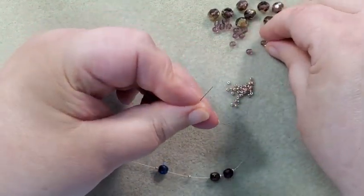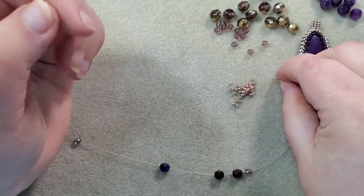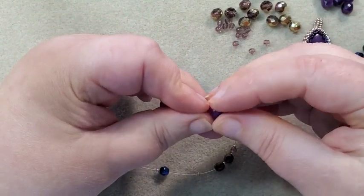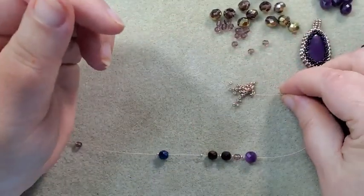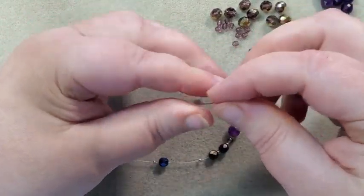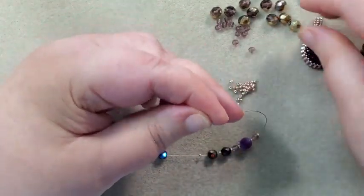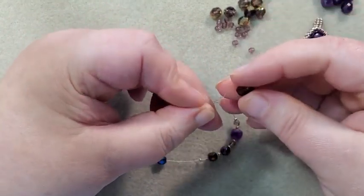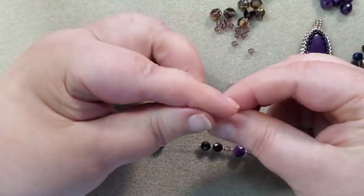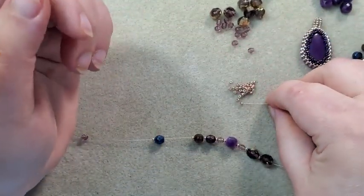Then I'm going to do a 4mm bead, and an 11/0, and then a cube bead, and an 11/0, and a 4mm bead, and an 11/0, and an 8mm fire polish bead, and an 11/0, 8mm fire polish bead, and an 11/0,